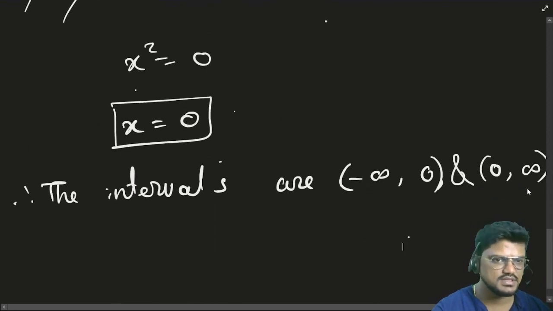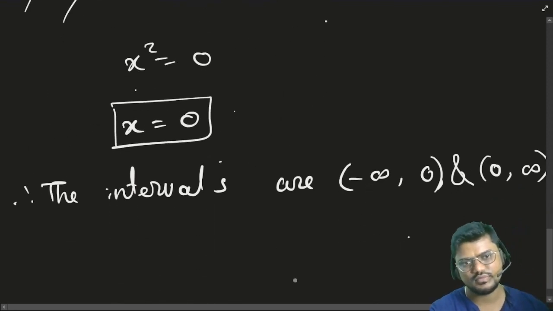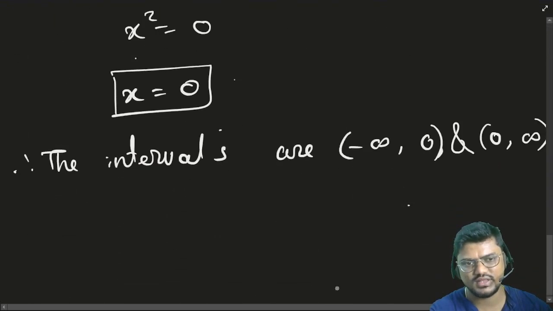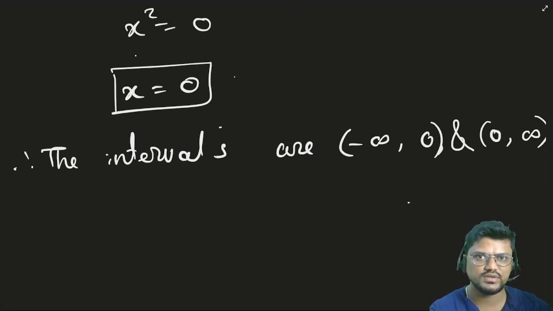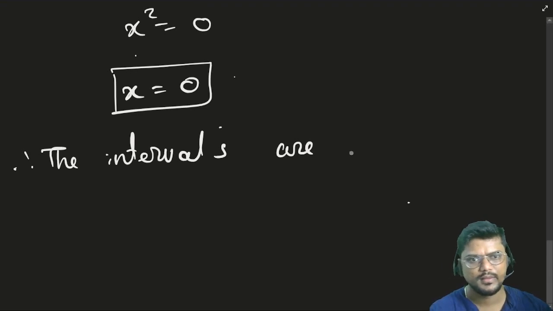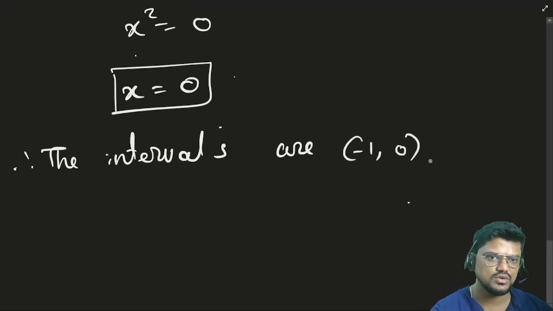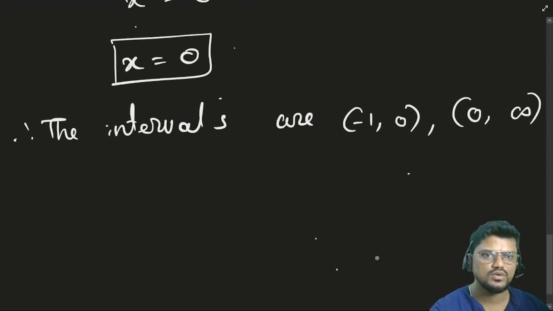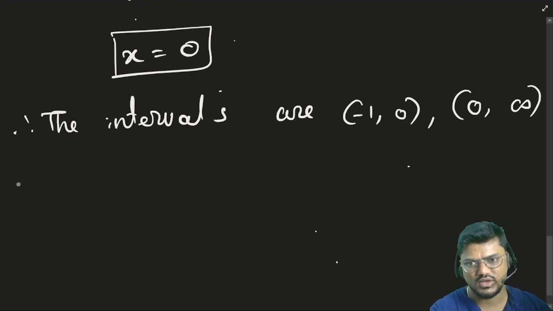Now, these are the intervals, but it is given that the domain is always greater than minus 1. It is always greater than minus 1. Therefore, the intervals will not be this one. It will be from minus 1 to 0 and then 0 to infinity. Okay, for both these points. Now, this will be your intervals. Now, for the interval